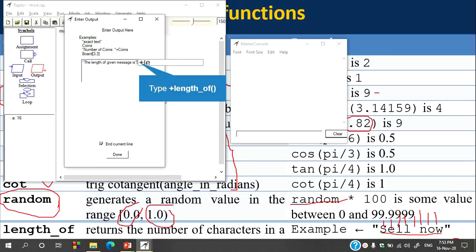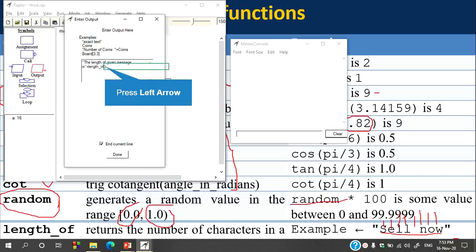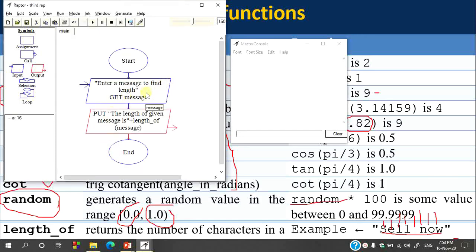If you want to find out the length of a given message, you can use a function called length underscore of. Here you have to give the name of the variable for which you are going to find the length. My variable name is message. So here what I am doing is, I am just reading a message from the user, and I am going to print the length of the given message.